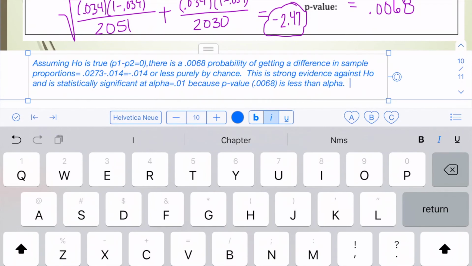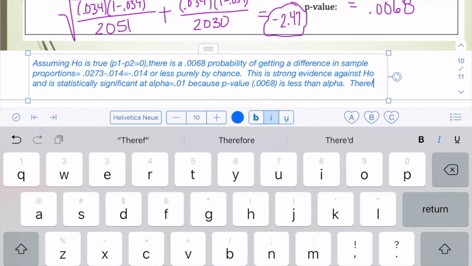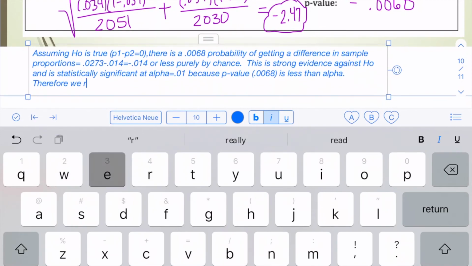Therefore, we're going to reject H naught. So therefore, we reject H naught